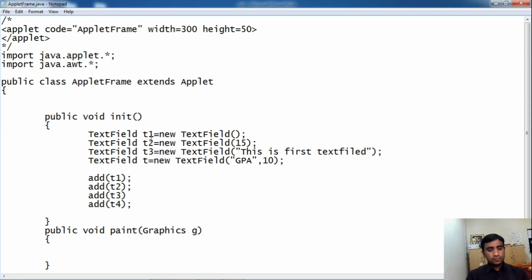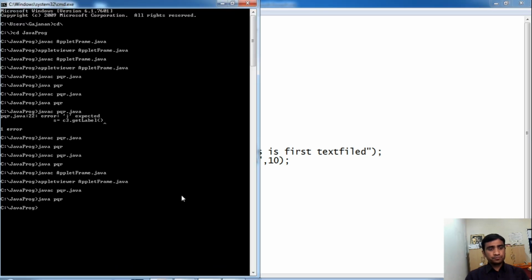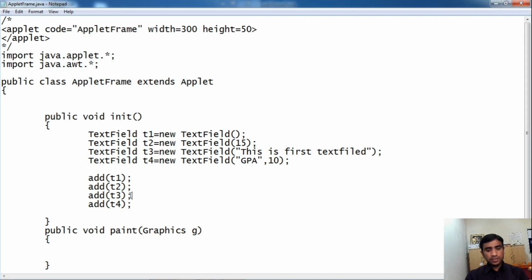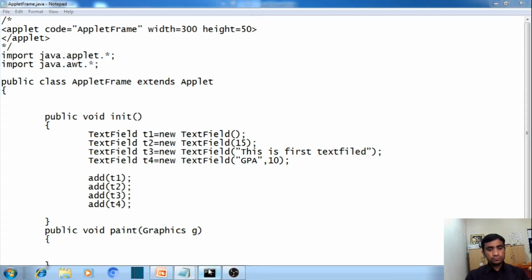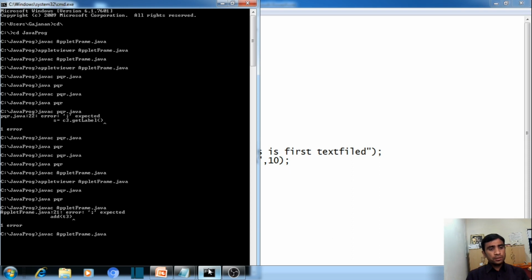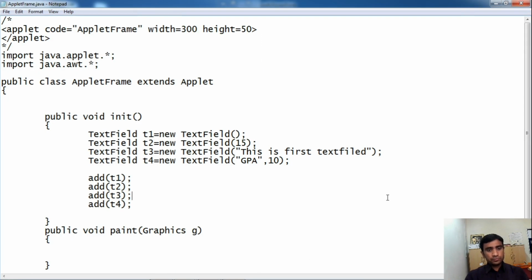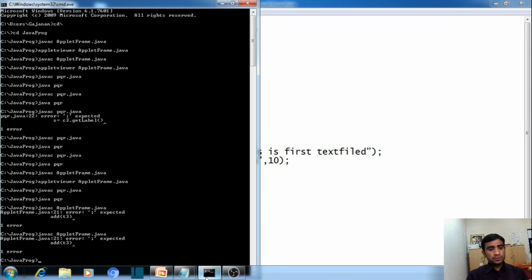Now save this program and compile it. javac AppletFrame.java.